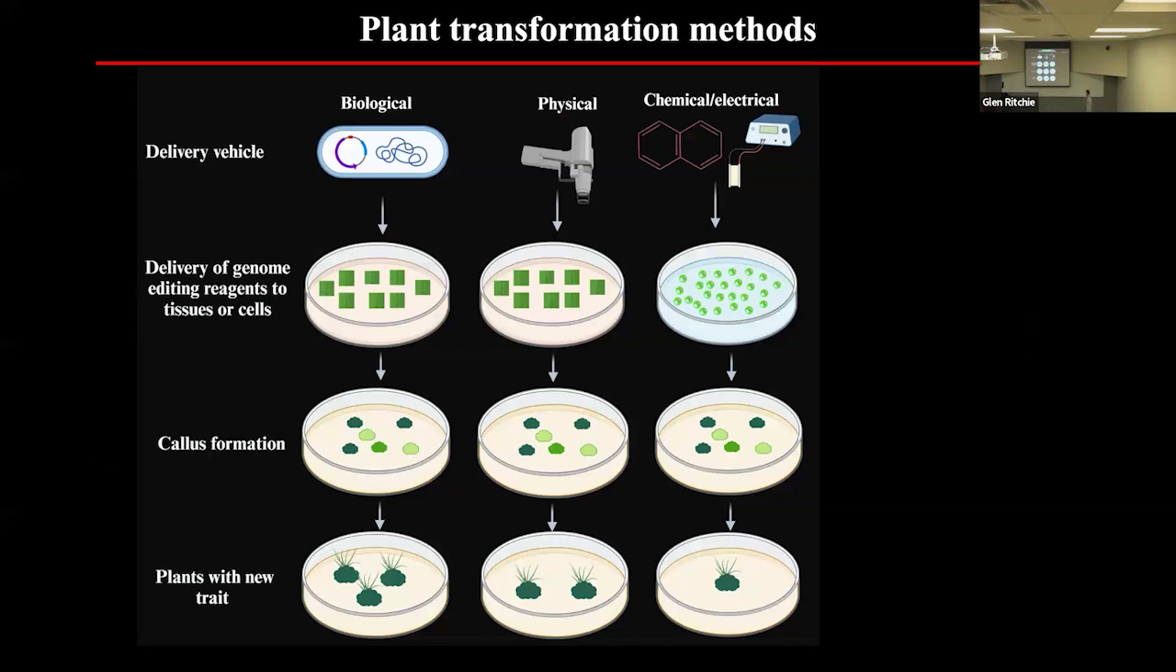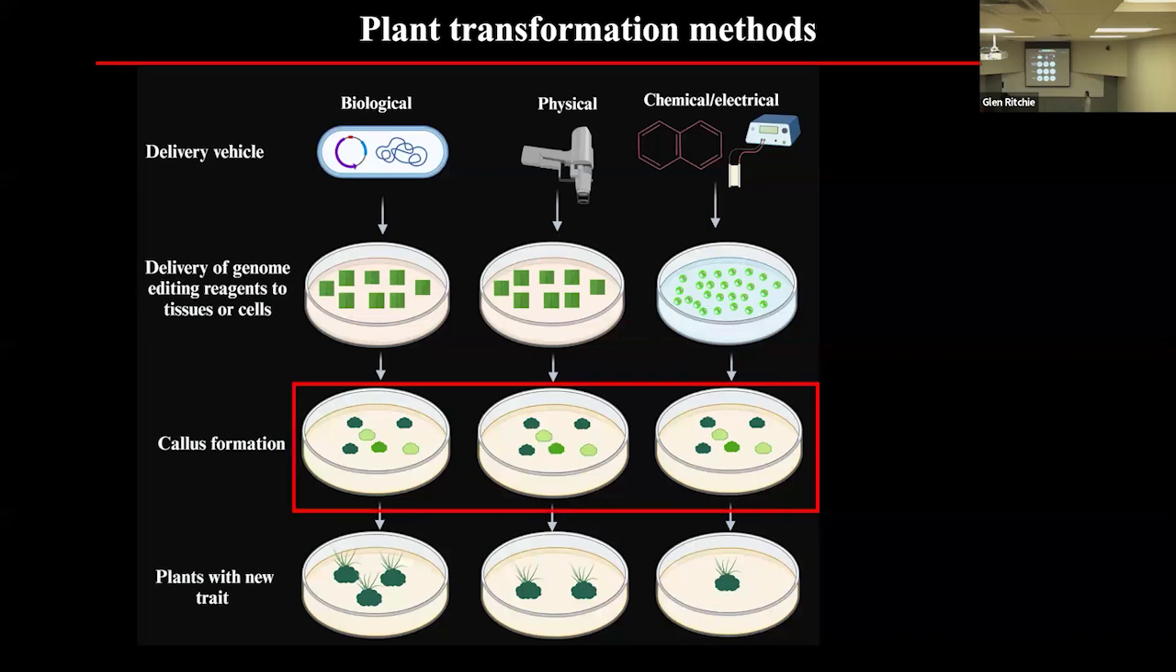In this slide, I'm trying to show the different transformation methods. Transformation of a foreign gene into a plant can be done through a biological delivery method, which is Agrobacterium-mediated delivery. We can also transform them by biolistics, which is physical delivery, and then chemical or electrical. So we use protoplasts in this case and transform, and then go through the tissue culture intermediate and regenerate whole plants. And if you look at the common thing in all the different transformation methods, they all go through a callus formation,